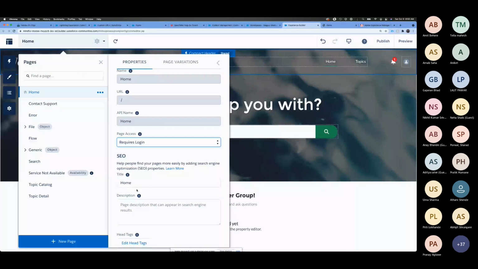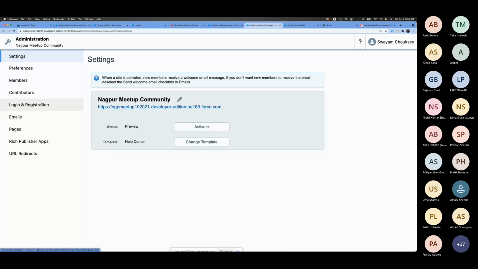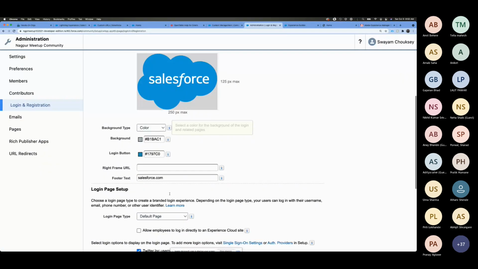Because when you try to restrict your portal, there are multiple possibilities. People make the home page general, and then require login, but then after login, where do you want to redirect? You need to make sure you are configuring that. A lot of people override the standard login page. So here, if you go to Administration, then Login and Registration, by default this is the Salesforce standard login page, the default page.